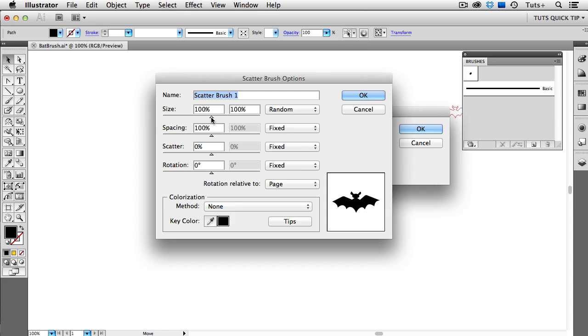Each of these settings has sliders, and I'm just going to slide the size setting over to about 50%. This means that the bats on the scatter brush can be anywhere from 50% to 100% in size. I'll change the spacing to random as well, and slide that down to about 50% also. I'll adjust the scatter just like I did the other two settings,